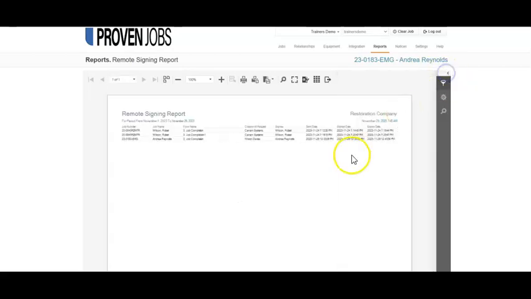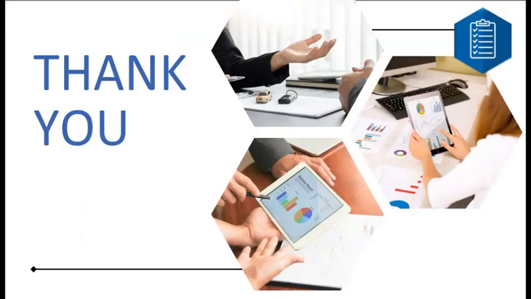In here, users will be able to see all of the forms that have been signed within the specified period. Should you wish to, you do have the ability to export this report out to a PDF, Excel, or even a Word document. This concludes our session today